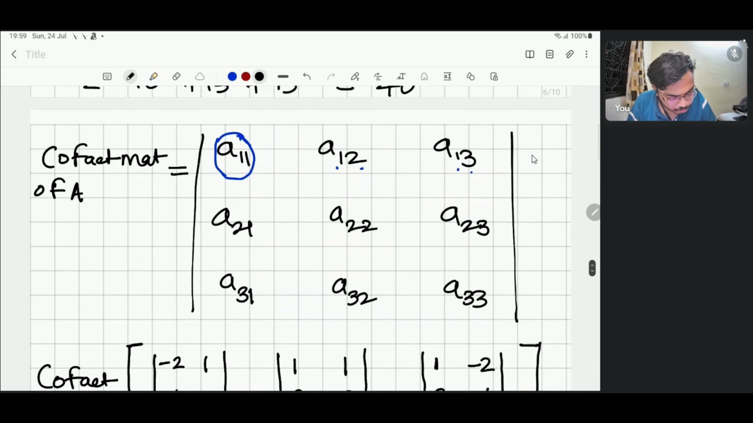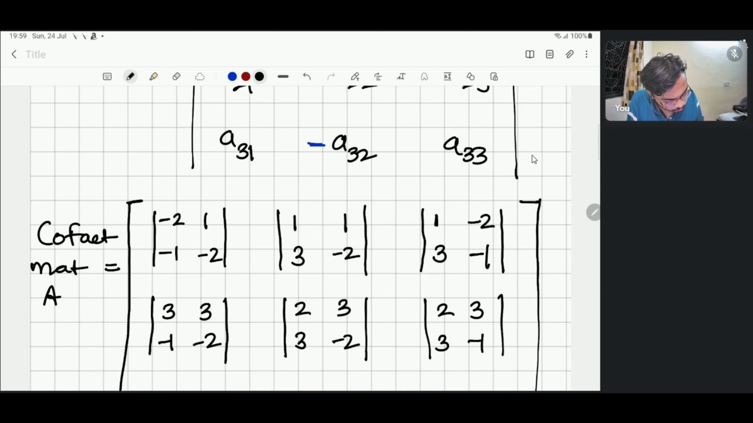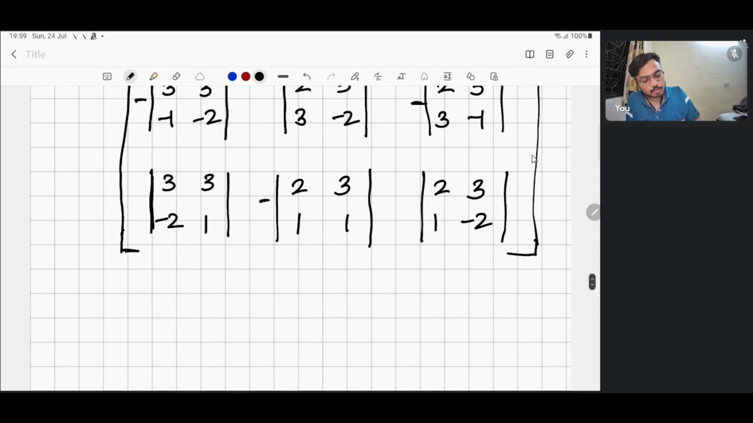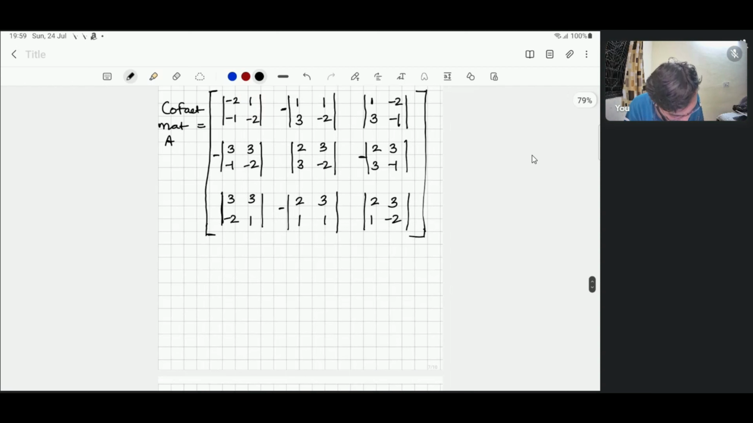Now, the only thing is we have to remember a very important step. The elements on the first row, second column, second row, first column, second row, third column, and third row, second column are negative. So we will put negative values. This is the final cofactor matrix. Okay, so the cofactor matrix is